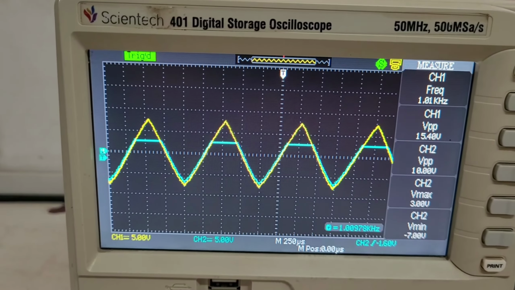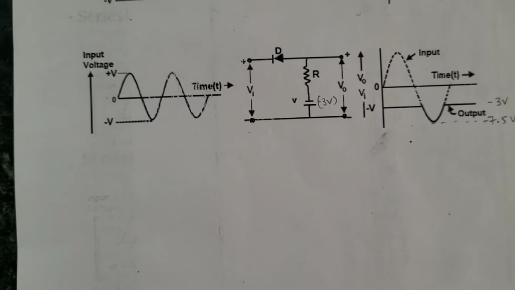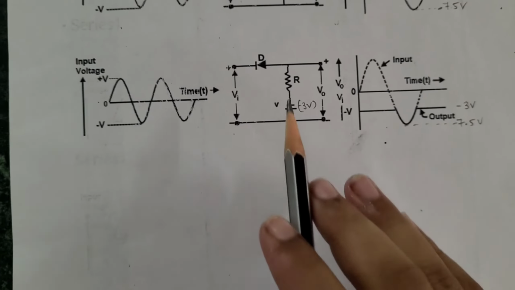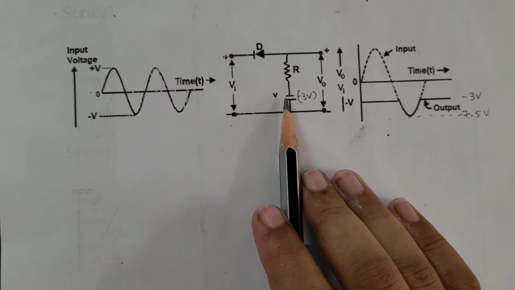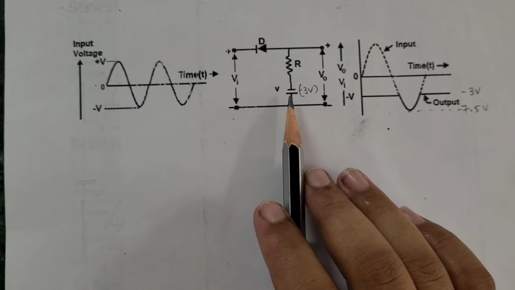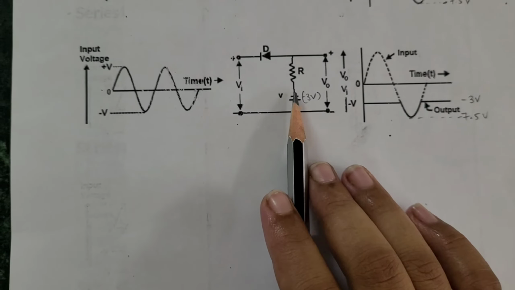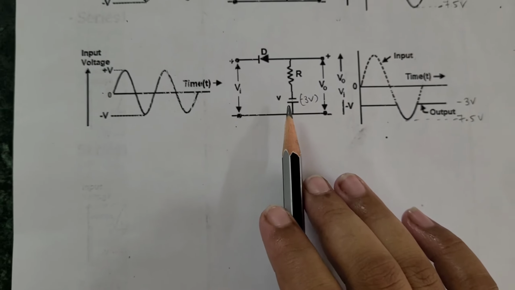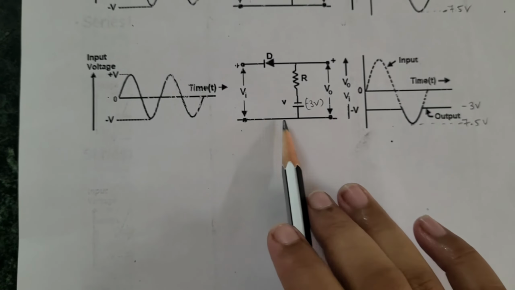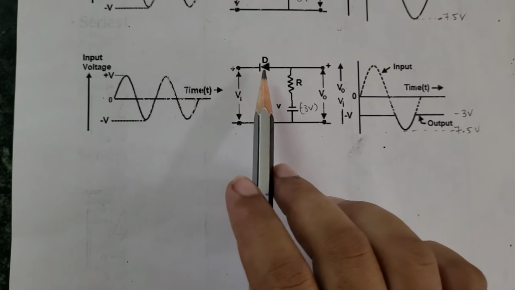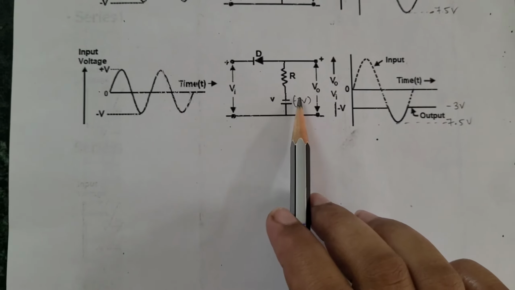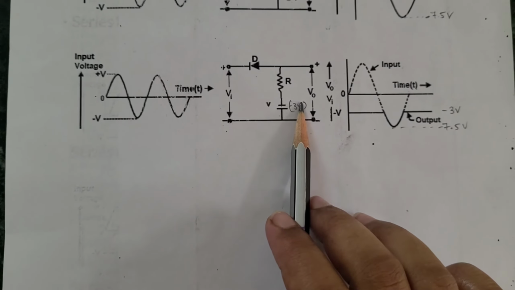Let's see the third circuit, that is series positive clipper with negative bias. The only difference is the bias voltage: the negative terminal is connected to the resistor and the positive terminal is connected to the common ground of both input and output. During the positive half cycle, the diode gets reverse biased, so only the bias voltage -3 will be reflected at